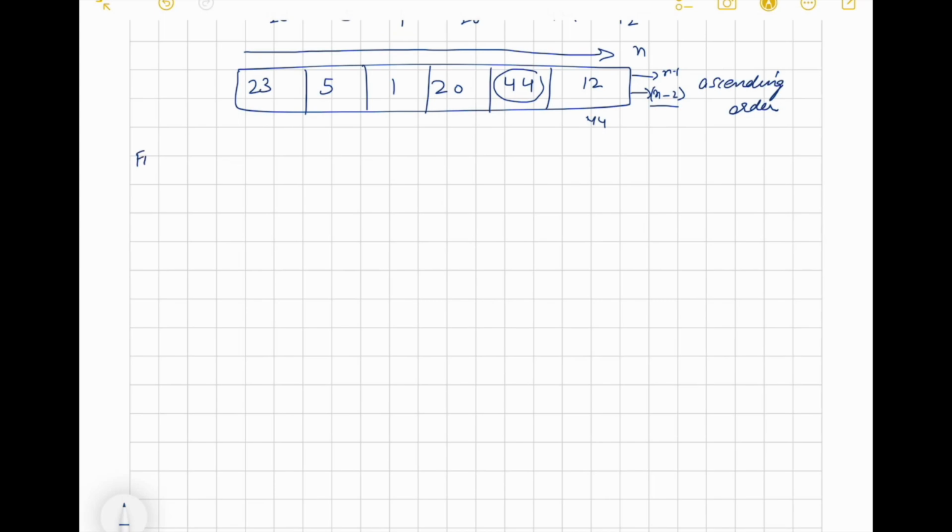So in the first iteration, the pointer would be pointing at 23. The pointer always compares its value with the next element. So 23 would be compared with 5. Out of 23 and 5, 23 being the larger, we would be swapping these two. So the array becomes